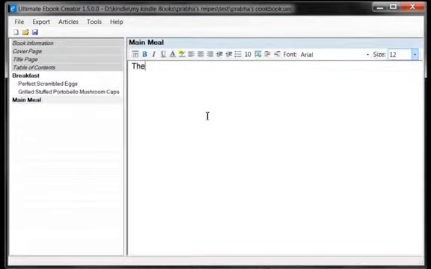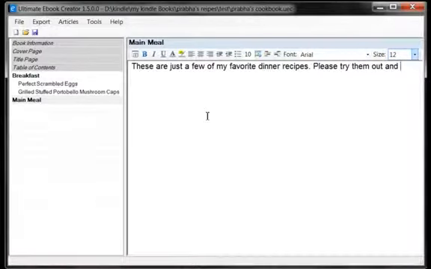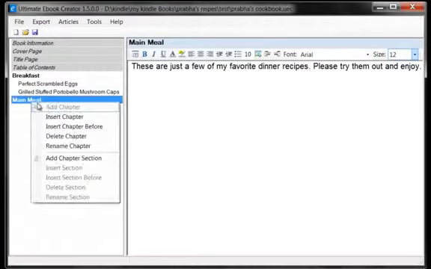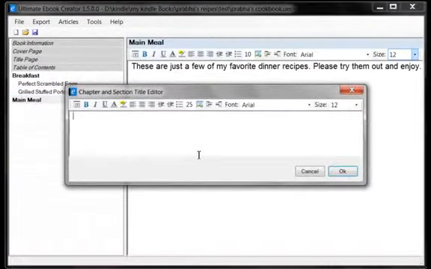For example, these are just a few of my favorite dinner recipes. Okay, please try them out and enjoy. Okay, so that's for the main meal, and then we're going to create a section under there called chicken